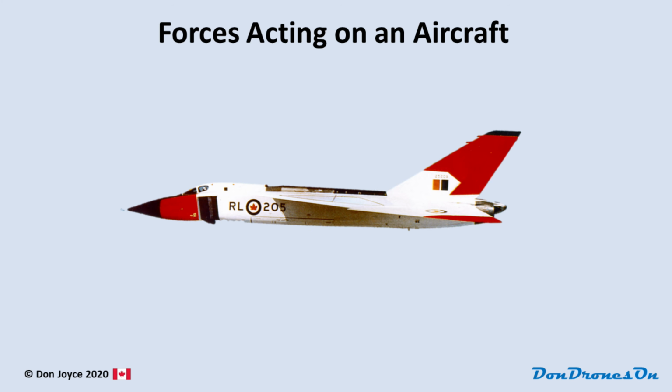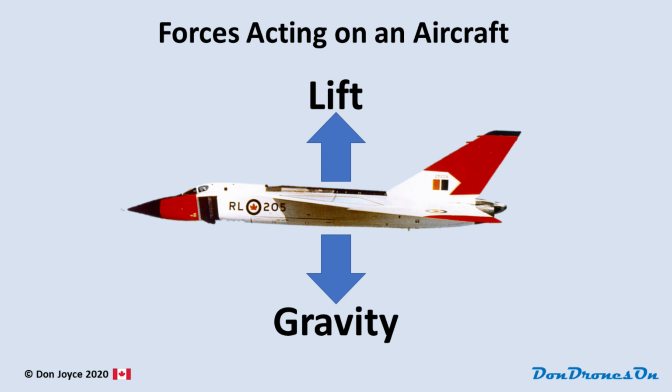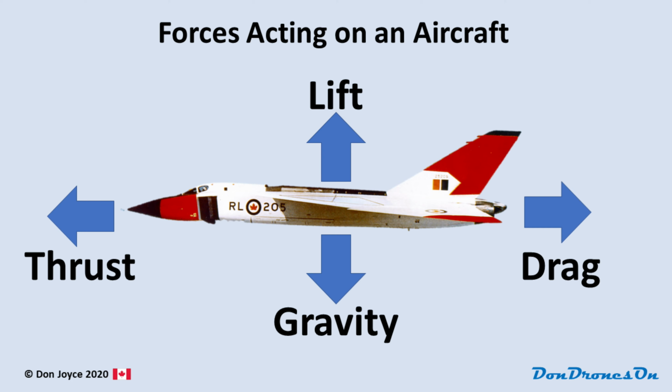Let's start with the basics. When an aircraft, or a bird or a bee for that matter, is traveling through the air, it has 4 basic forces acting on it. First, there is the force of gravity, pulling it straight downwards. Secondly, there is a force called lift, pushing it upwards. Then there is some form of thrust, propelling the aircraft forward, and finally, drag, which more or less operates opposite